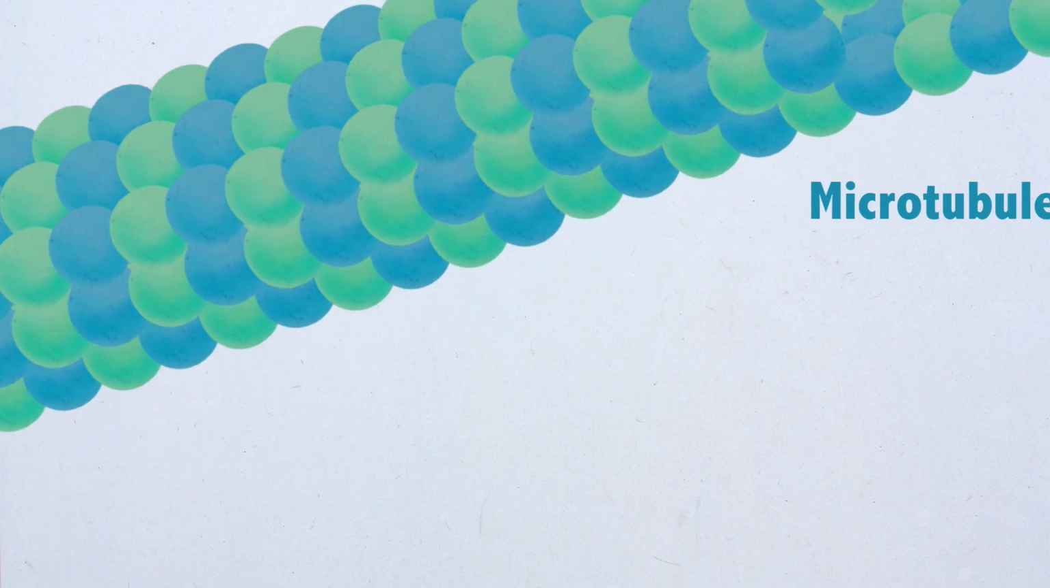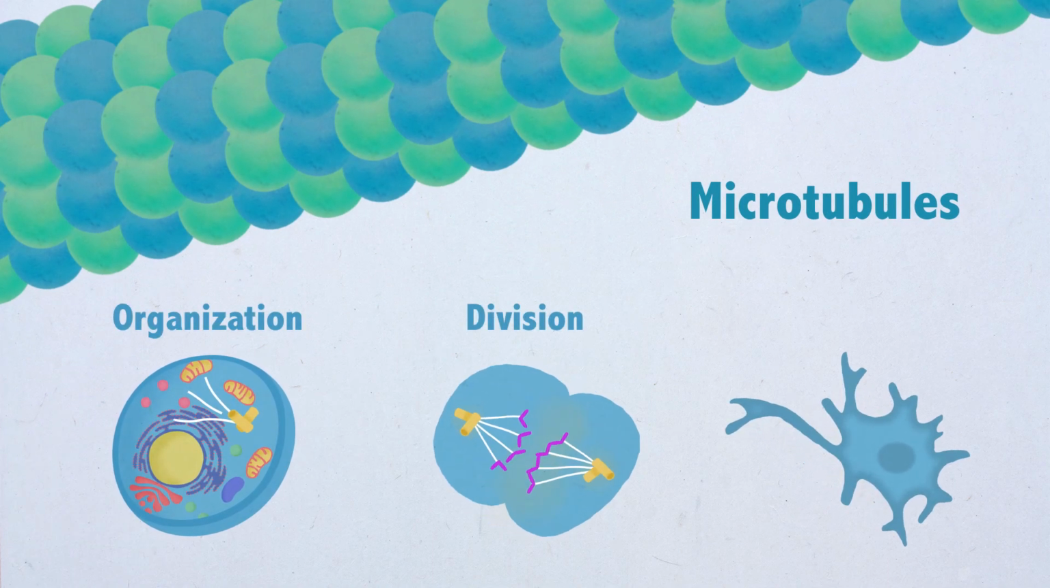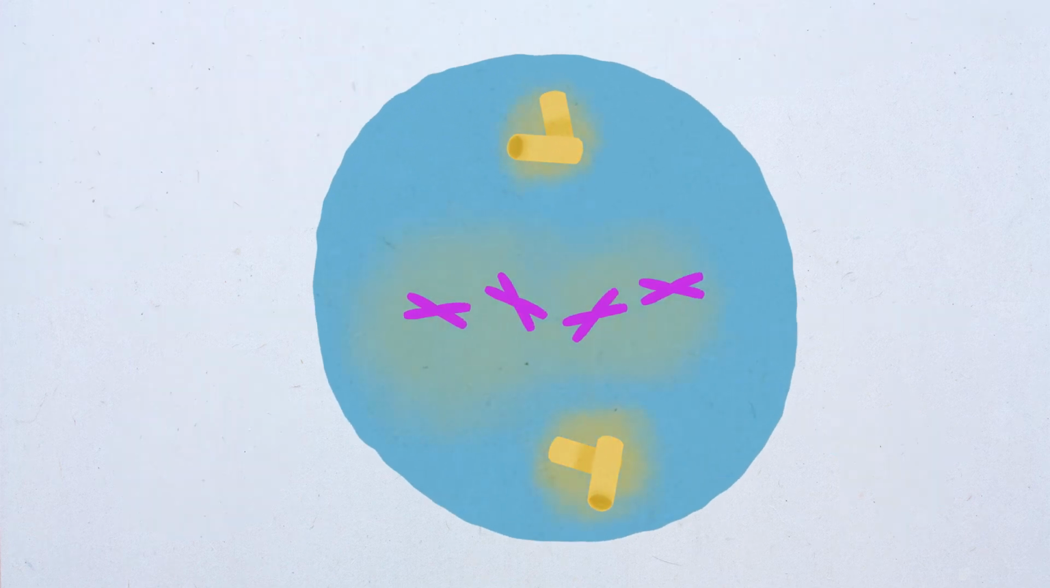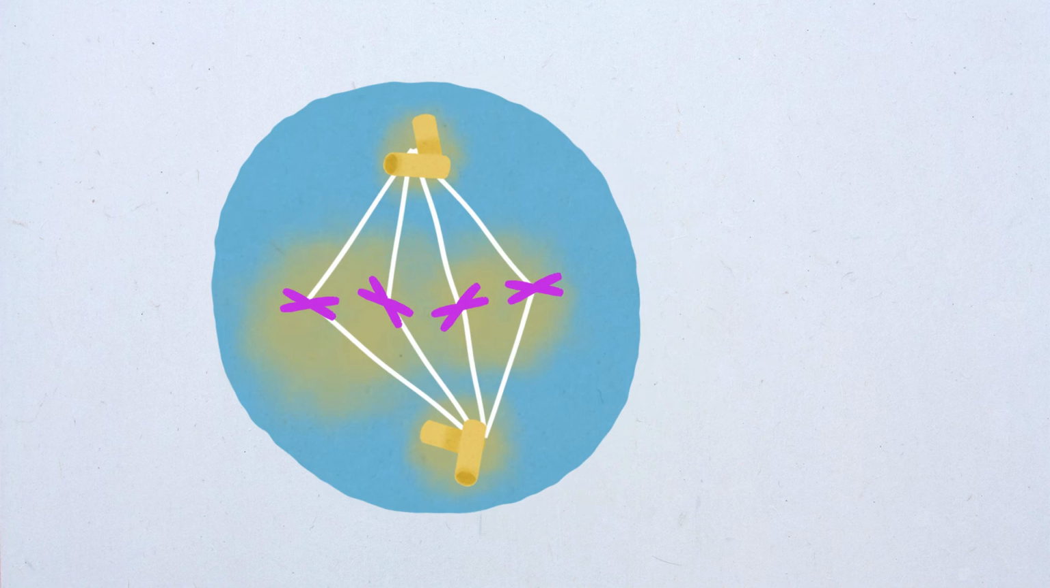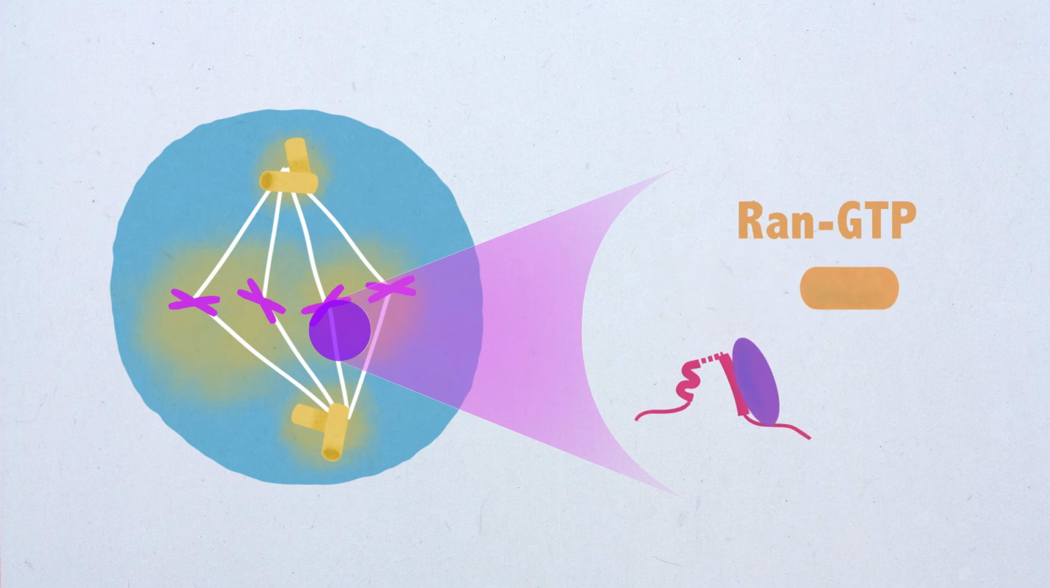The microtubule cytoskeleton is essential for correct intracellular organization, cell division, and differentiation. During mitosis and meiosis, microtubule assembly is locally upregulated by the chromatin-dependent Ran-GTP pathway. Local production of Ran-GTP around chromosomes liberates proteins that contain a nuclear localization signal from the inhibitory action of importin,